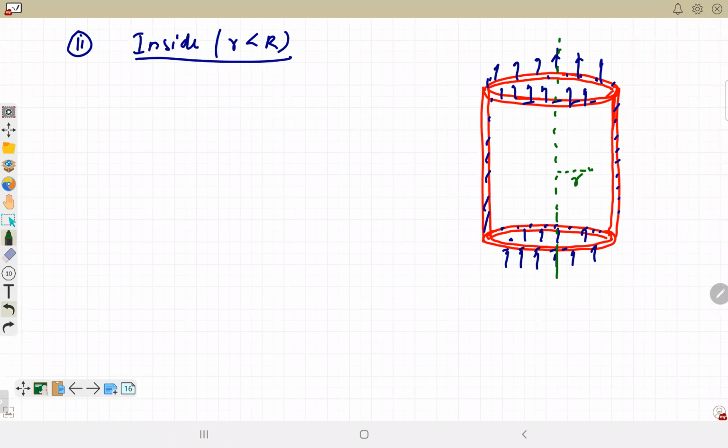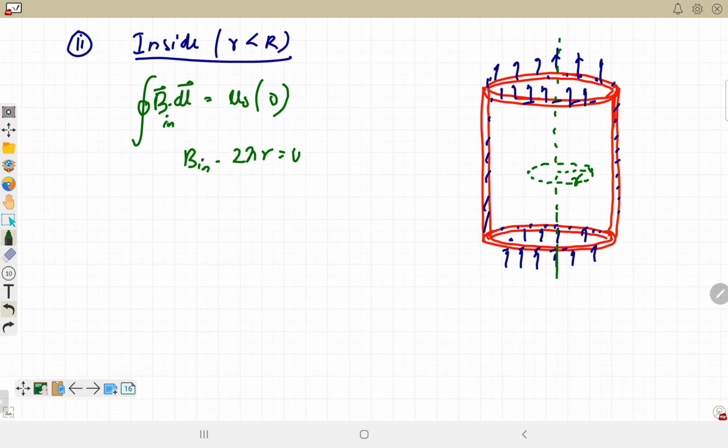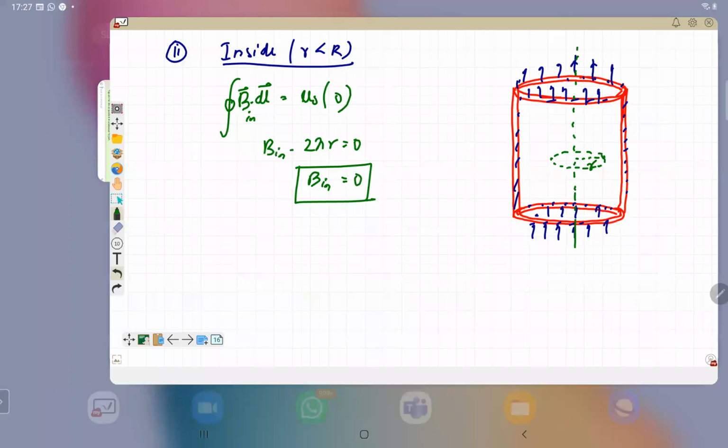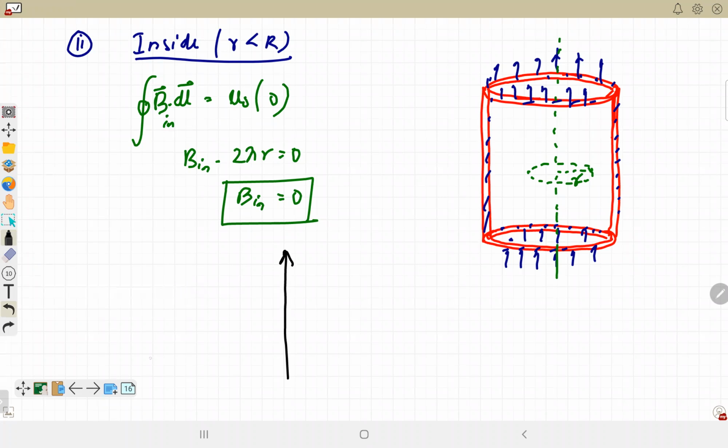Any point which lies at distance r, if we consider a loop, the net magnetic field, integral of B dot dl is equal to mu naught into 0 because no current is enclosed. B into 2 pi r is 0, which means B inside is 0. Hollow cylinder के अंदर magnetic field 0 होगी. Outside magnetic field is again similar to that of a single wire that we can assume on its axis. B versus R. Inside it is 0 till r is equal to capital R, and outside it is inversely proportional to r.